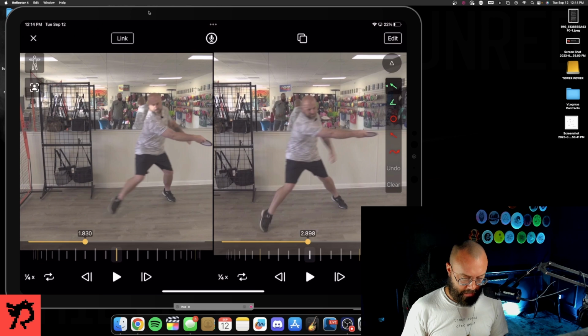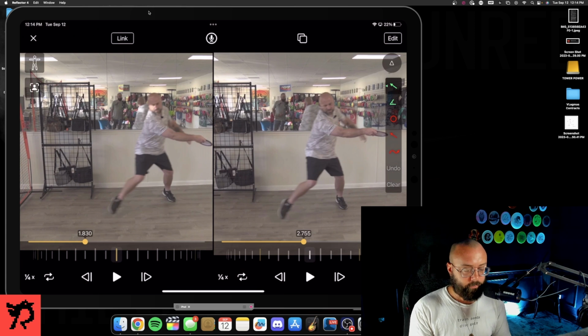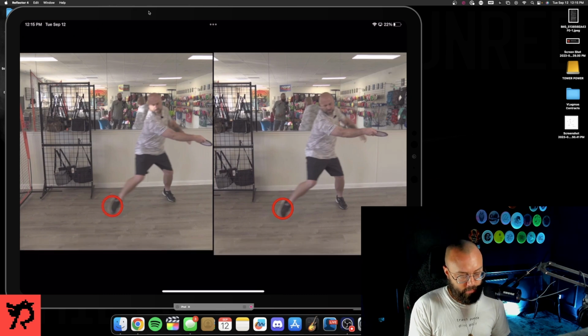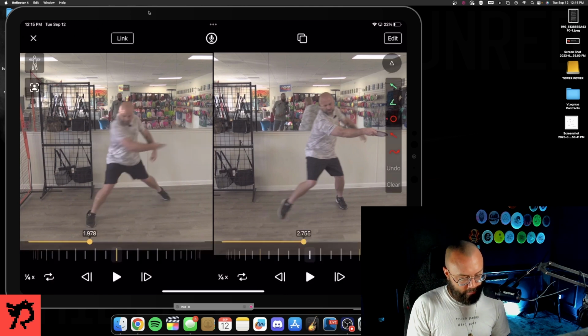And then where is he at in the full reach back? Okay, so when he reaches that full reach back, we can see that his foot is in a similar place. But like this is it, it's closer to the ground. So it hasn't necessarily solved that, but when we look at his left side sort of spinning in, I want to look at that moment right there where we can see that his left side is very heavy around here. And when we go to the